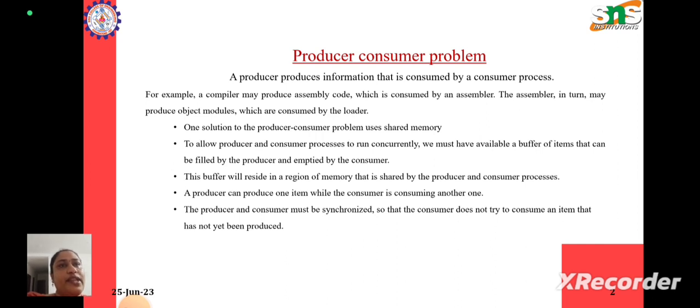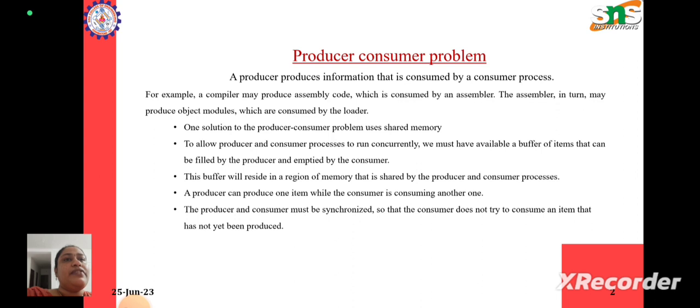A buffer is a place in which the producer can produce the information and fill it. The buffer will be filled by the information produced by the producer,